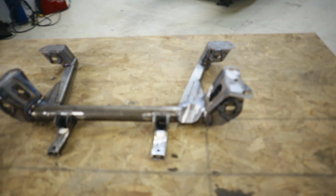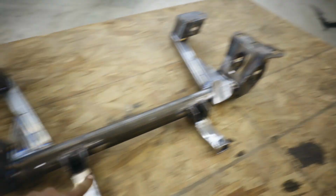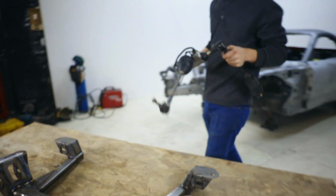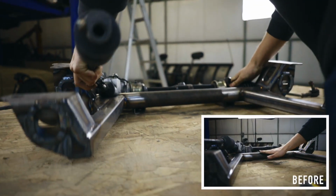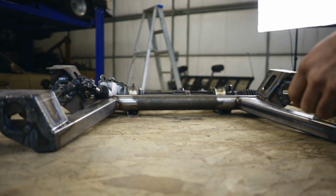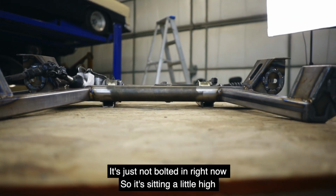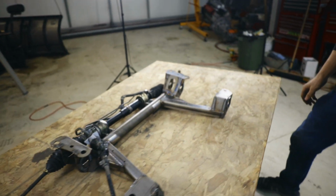Alrighty, the subframe is all wrapped up for today. As you can see, in here is all nice and smooth now. These mounts are all finished up, looking real nice. Clayton's coming with that steering rack. We'll show you guys how it's sitting on the subframe now. A whole lot better than it was before. Also, it's going to sit a little bit lower than that too. It's just not bolted in right now, so it's sitting a little high. As you can see, it's almost perfectly flush with the subframe,